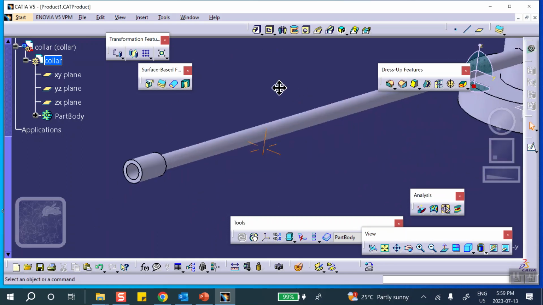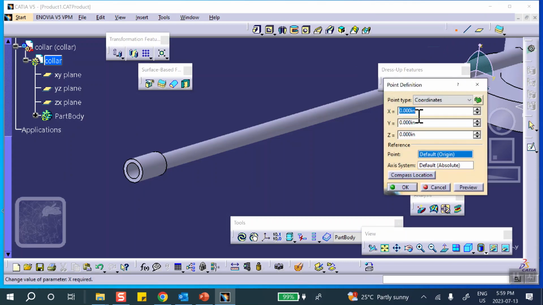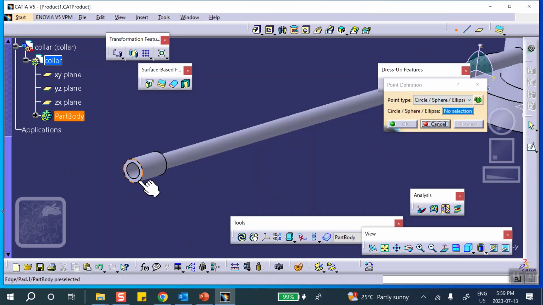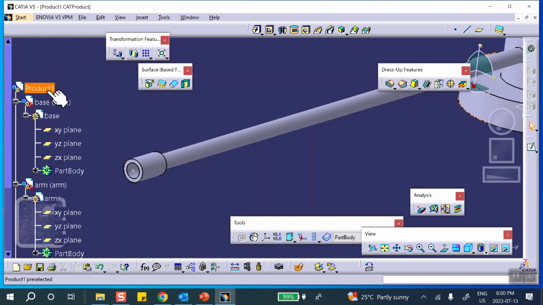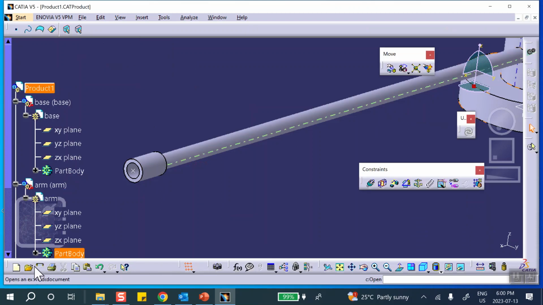Now, because later on I want to plot the Coriolis acceleration here, for example, I'm going to create a point there. While I'm in this color, I'm going to say create a point, and center of a circle is the method that I'm going to use. There it is. It's created there. So we go all the way to the top, save everything,